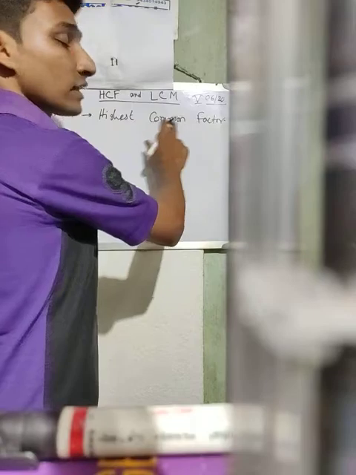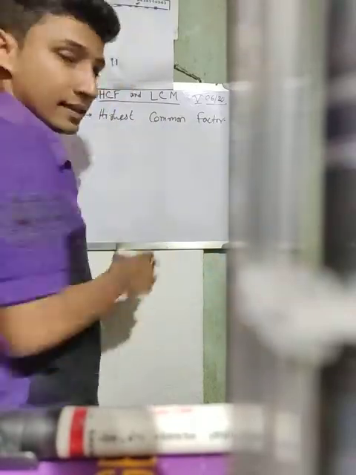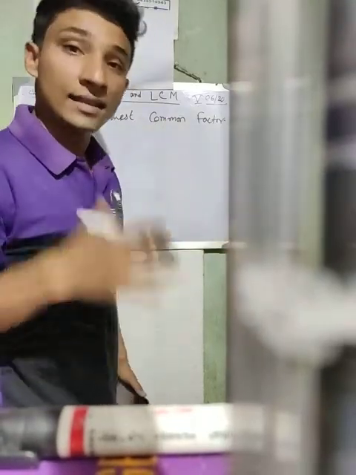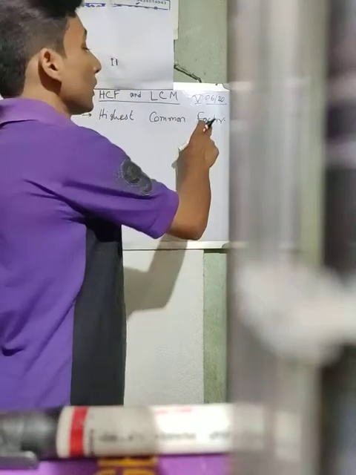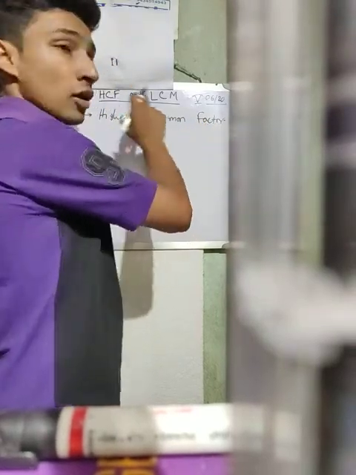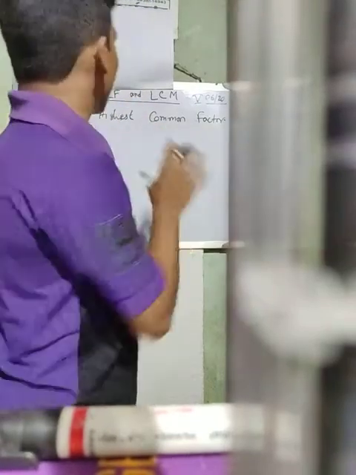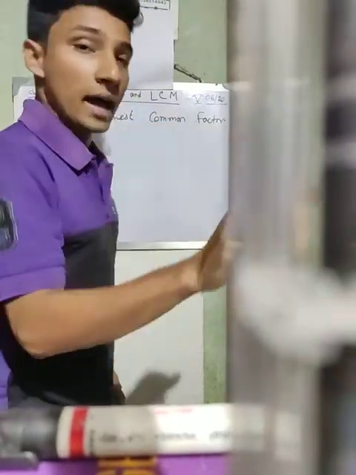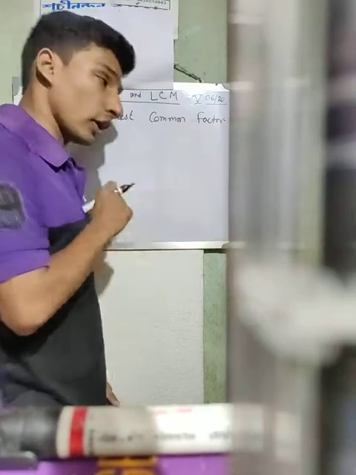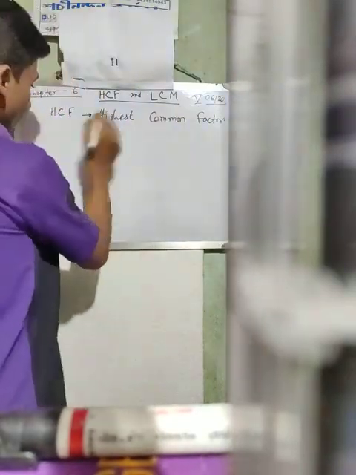Factor is common. Which factor? Highest. So here you have to find the highest common factor. That means the factor which is common among all the numbers, and that is also highest or maximum. Okay, for example, suppose